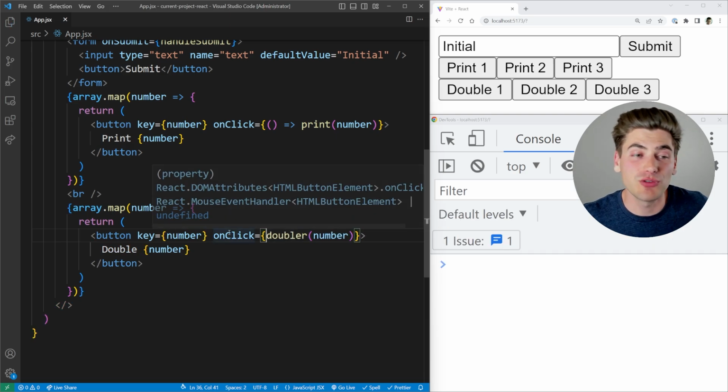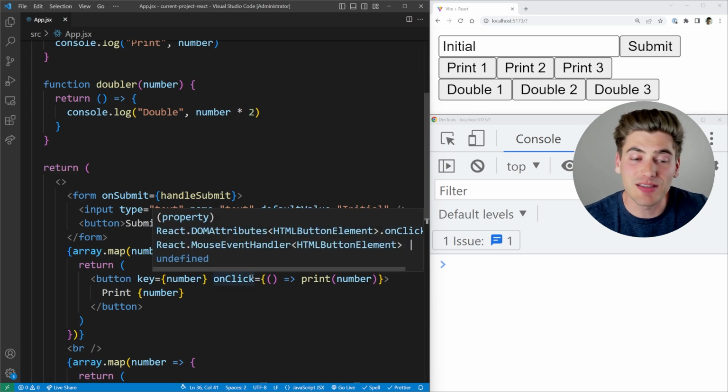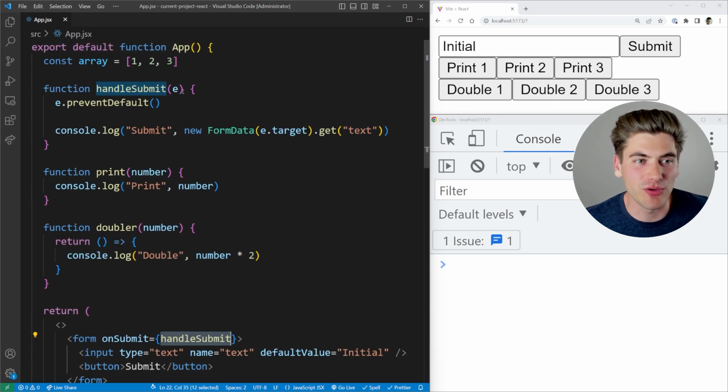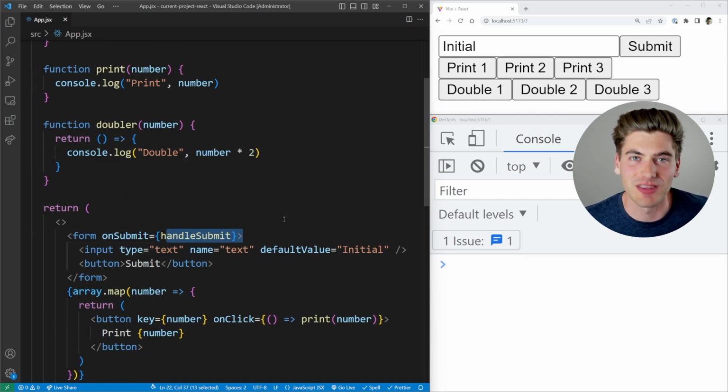So now, when would you use these different scenarios? The easiest one to understand is passing along a function like this, where you just give it the name and pass it along like that. The time that you would want to use this is twofold. The first is when you actually want to use the event argument or whatever argument is being returned. It's almost always an event. If you want to use that inside the function you're defining,